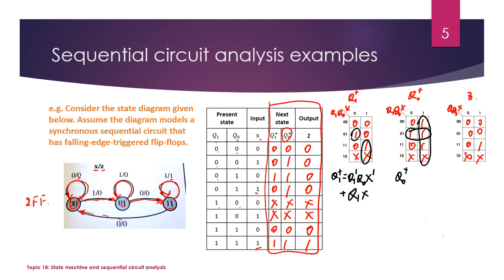So Q0 plus should equal Q1 prime, Q0, or X. And for Z, we have this. So Z should equal